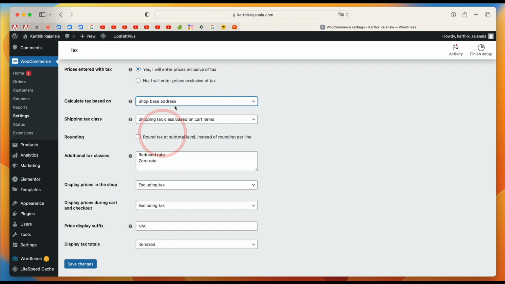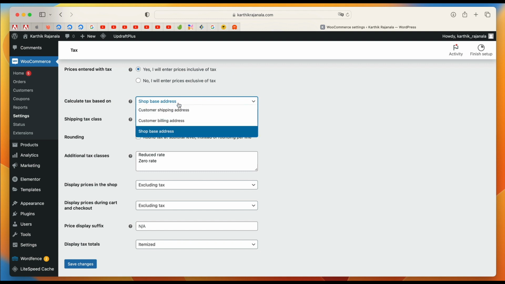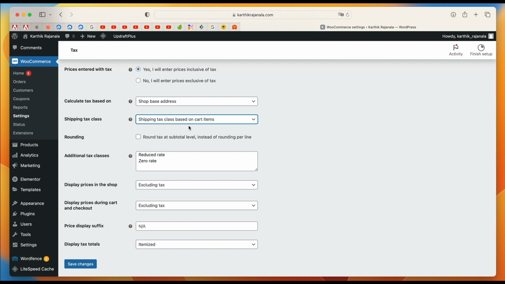You can choose shop base address because you're answerable to the country that you're selling the products from. So I would choose this, but again, it depends on the type of business, but usually this is a good pick. Shipping tax can be calculated based on cart items, right? Depending on the different things. You can also round tax,